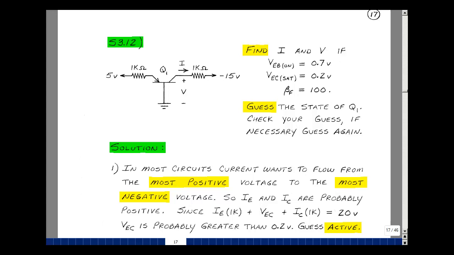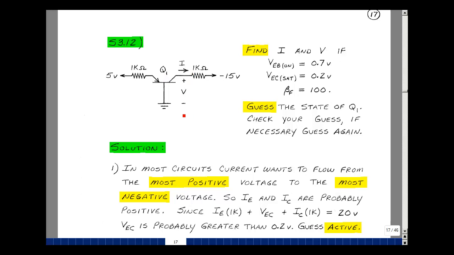This lesson deals with supplemental problem 312. You can find this problem in the ECE302 ebook in the Chapter 3 Supplemental Problems on page 17. Given this one transistor PNP circuit with two power supplies and two resistors, could you find the current I and